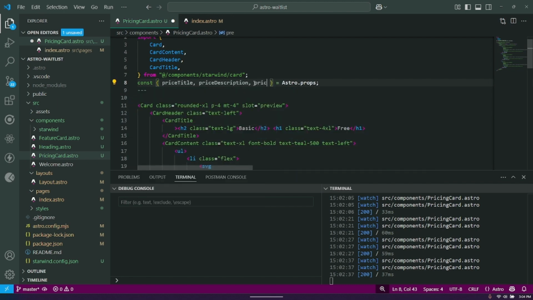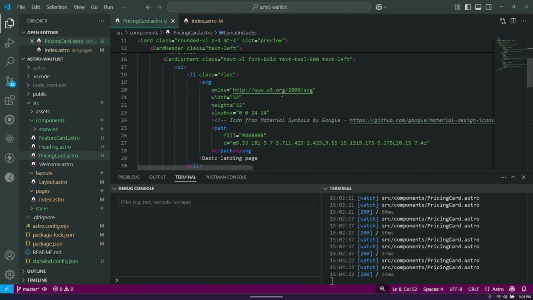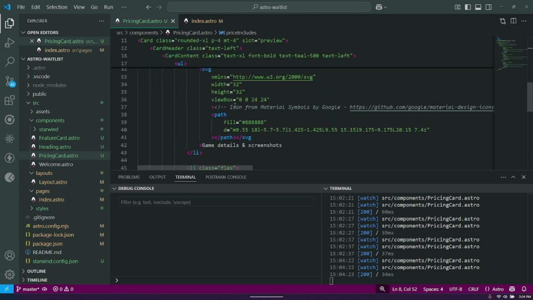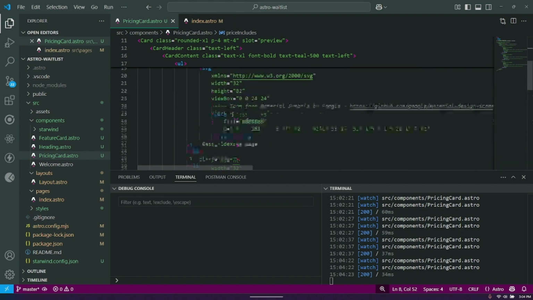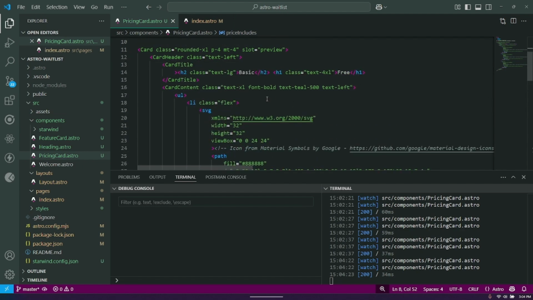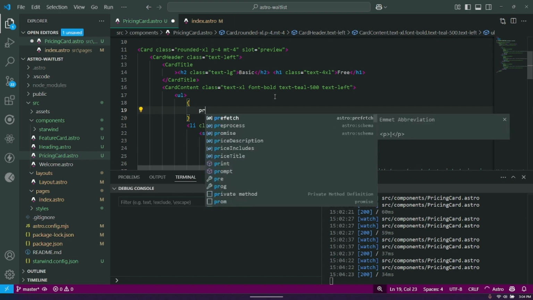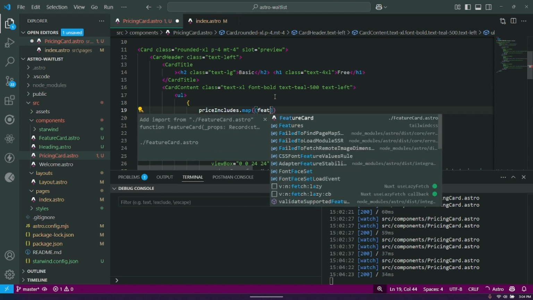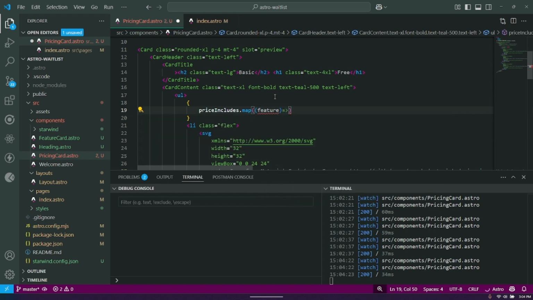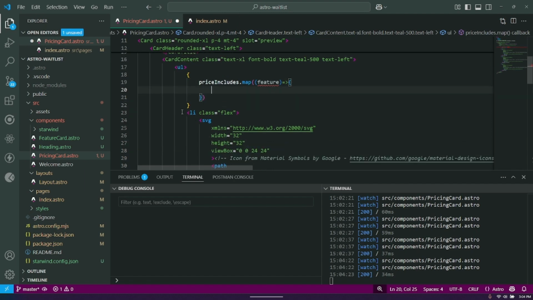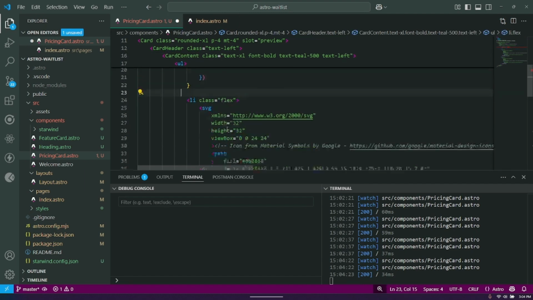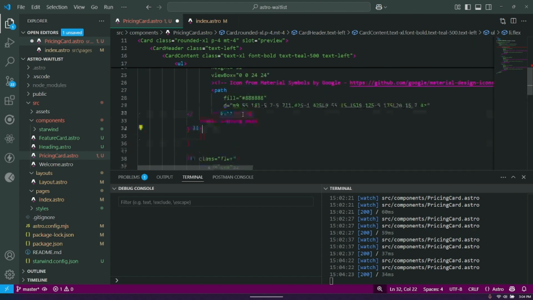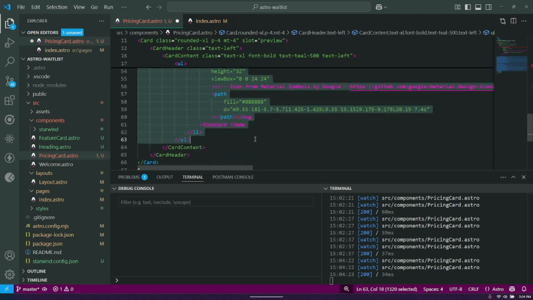Price includes, and then it will say, so here we'll say price includes dot map in feature, and it will take this li, get rid of the rest of these,